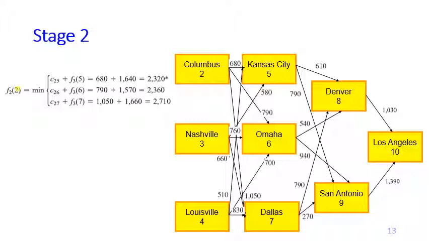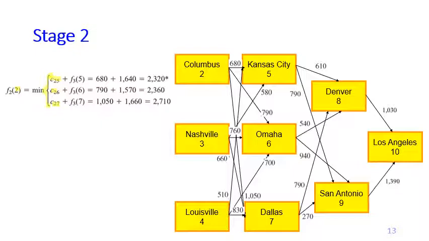From Columbus, we have 3 options. So again, we have a curly bracket. We have 3 possible decisions, going from 2 to 5, Columbus to Kansas City, from 2 to 6, Columbus to Omaha, from 2 to 7, Columbus to Dallas. To decide which decision is the best,